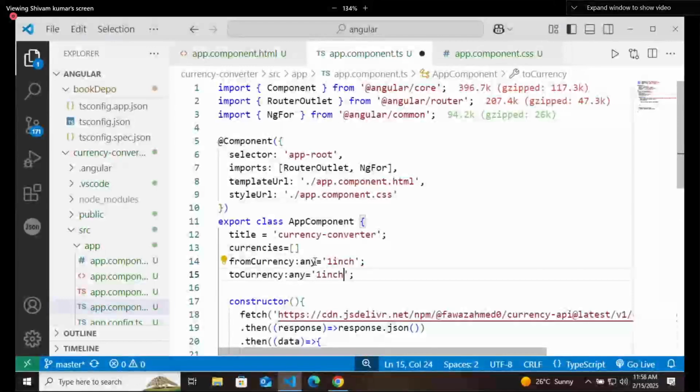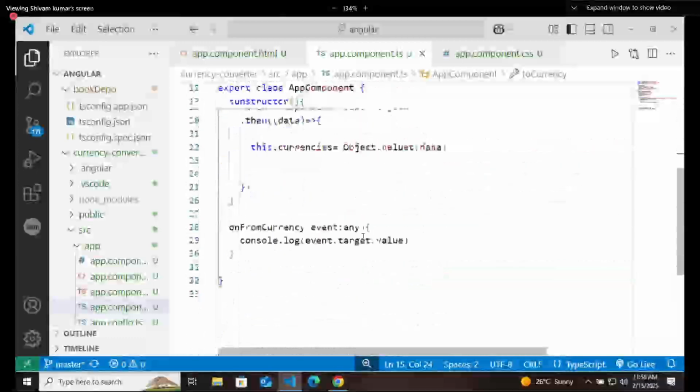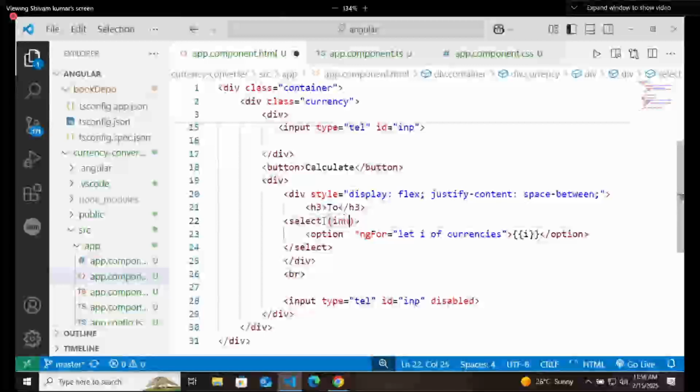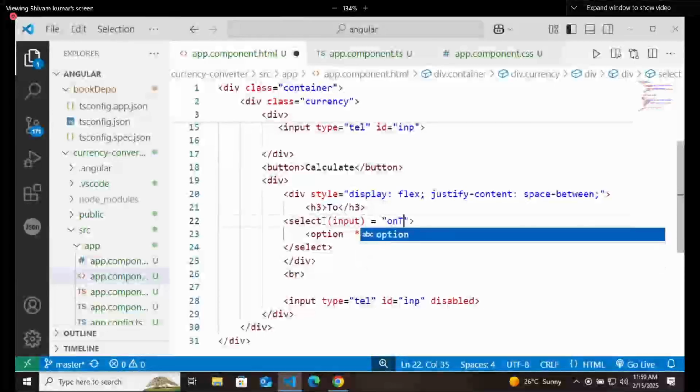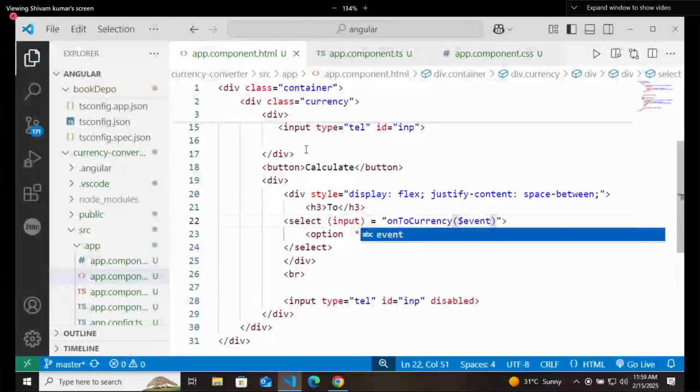That's it. Now, same thing you need to do here as well. To this select box, on the input event, it will call a function that is on to currency, and it will send that function with a $event.